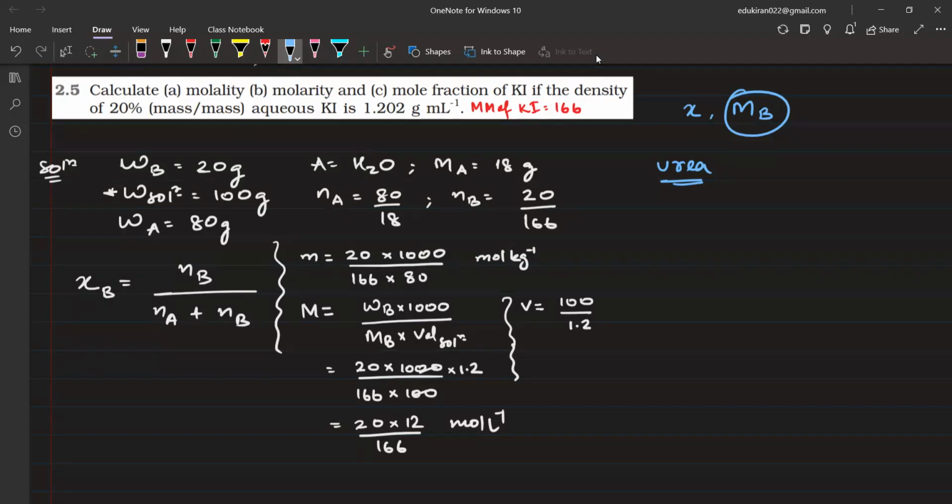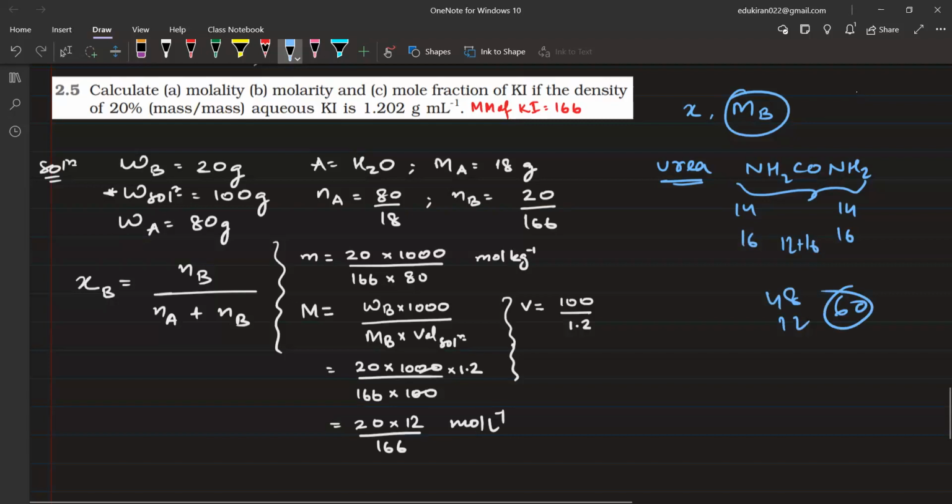तो उन्होंने आंसर में लिखा था यूरिया का मोलर मास, it is what? NH2 CO NH2। ठीक है, so most of the students can easily find it, but they have not also given the formula of urea. वो यूरिया बस लिख दिया था उन्होंने, तो शायद इसी वजह से उन्होंने दो आंसर्स दिए हैं। एक तो मोलर मास यूरिया का लिख के, आई थिंक इट इज 60, नाइट्रोजन इज 14, 14, 16, 16, and then you have carbon 12 plus 16, so 16 3s are 48 and 12, 60। तो एक तो 60 लेके उन लोगों ने किया, एंड दूसरा उन लोगों ने बताया MB लेके।